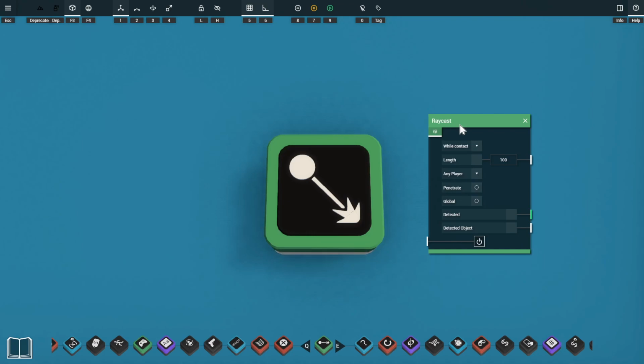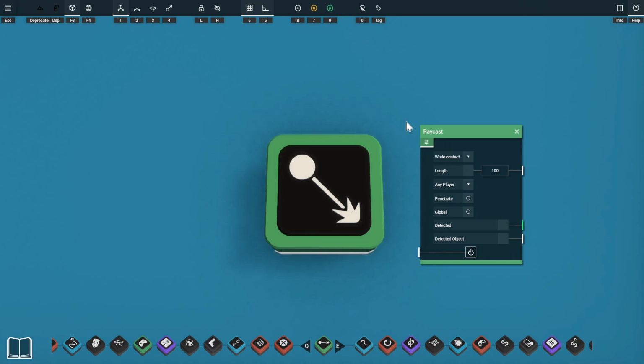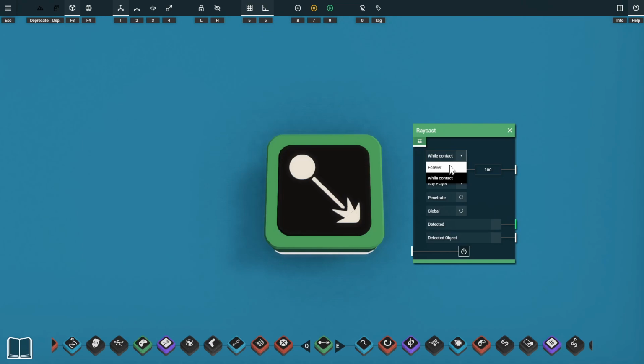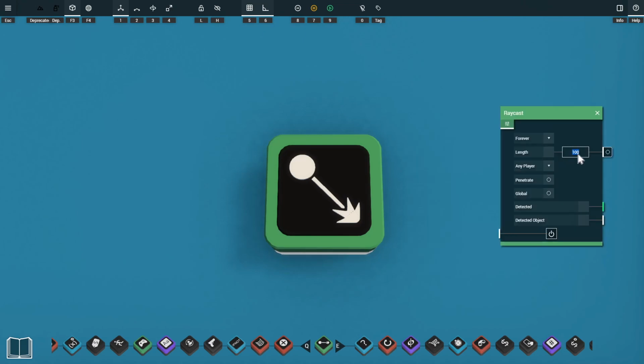In today's episode, we'll be going over the Raycast prop. Firstly, we'll go through the adjustments we can make to the prop through the settings page, and then we'll go through some examples afterwards. The first option that we have here is the trigger type. Once our Raycast is activated, this will determine whether a signal is sent forever, or only while the Raycast has its object in range. Next down we have the length that our Raycast will be,